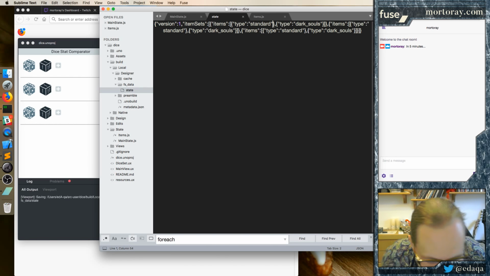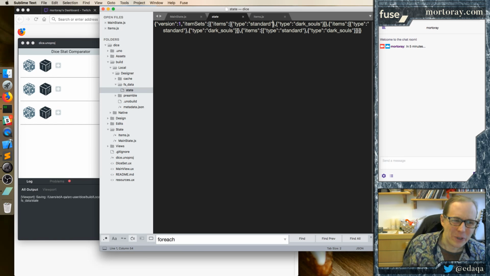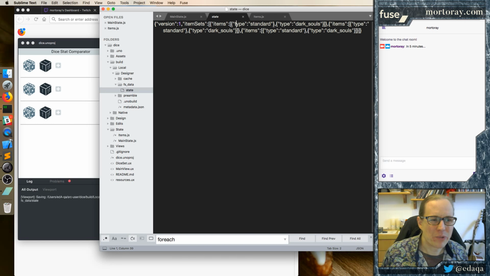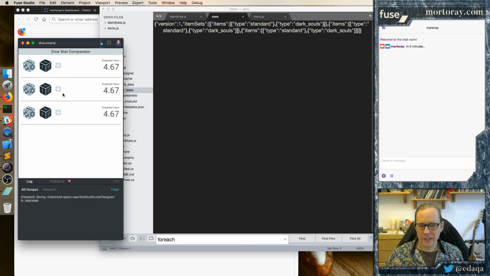Okay, but in any case, you can see the stuff is in there. We don't have to look at the file too much because we know what's in there. So each of the items will write at least the type out. Type. And you see there's 2 item sets and there's 6 types because you have 6 dice. And so if we added a modifier